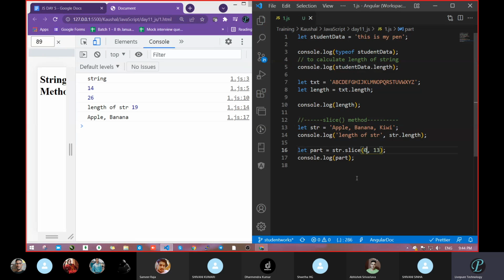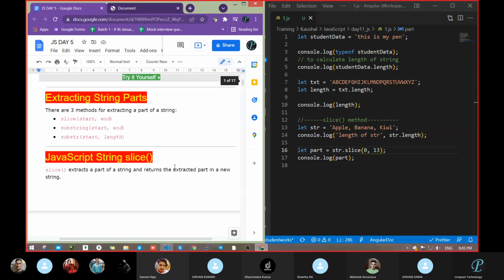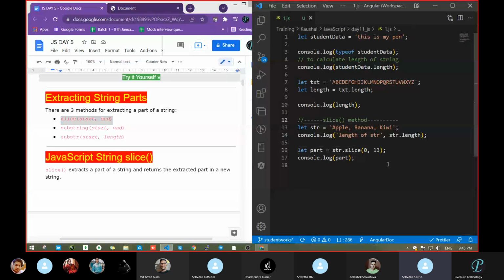So the first value, the first argument, is the start index. Slice takes start, comma, end.